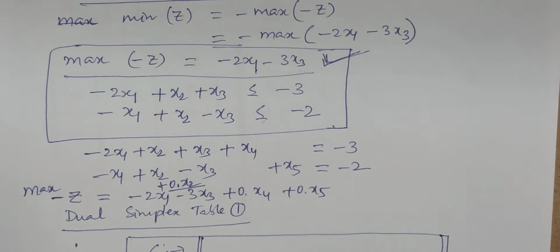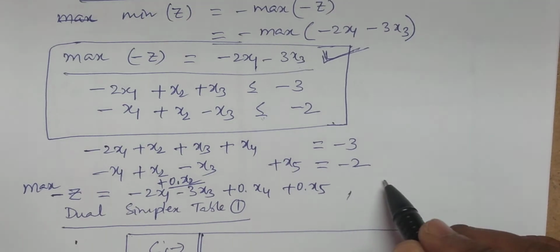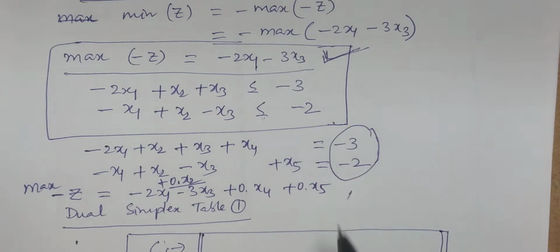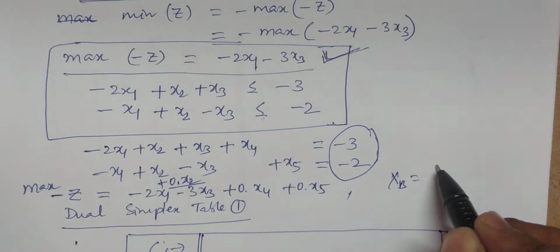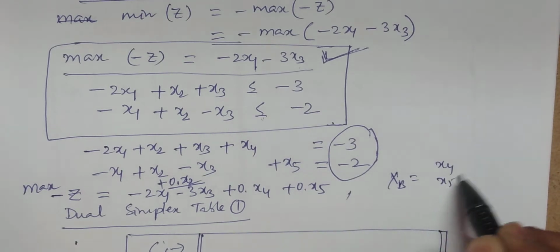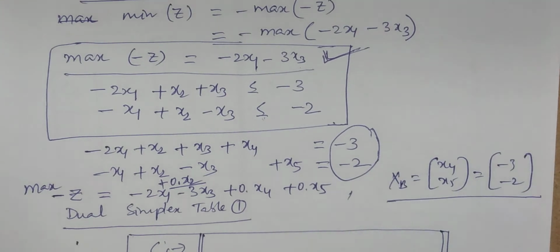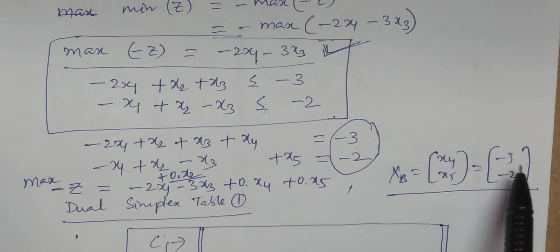So therefore you write the costs, go to the simplex table, and the initial basic feasible solution, which you can observe here, is minus 3 and minus 2. The initial basic feasible solution xb is given by the vectors x4 and x5, readily available, minus 3 and minus 2. Don't compare with the simplex procedure. In the simplex procedure, x will not be negative, xi is greater than or equal to 0 there, and it is followed in every simplex table.